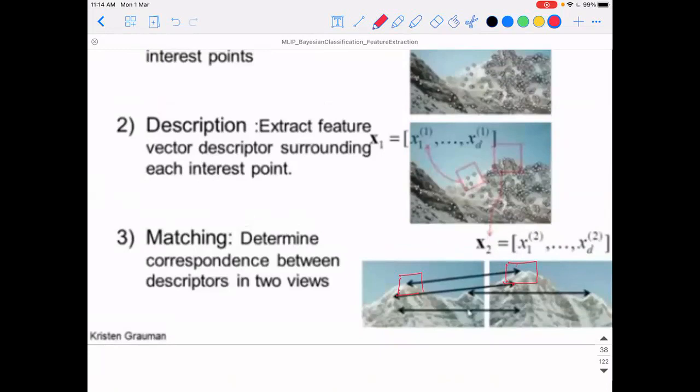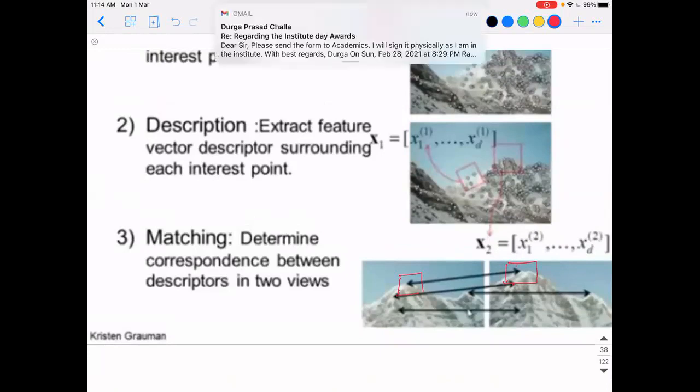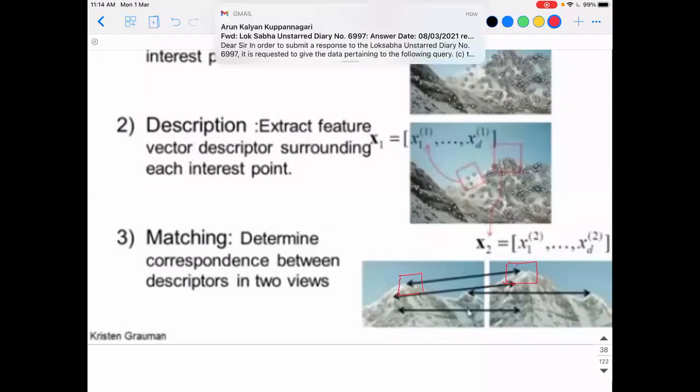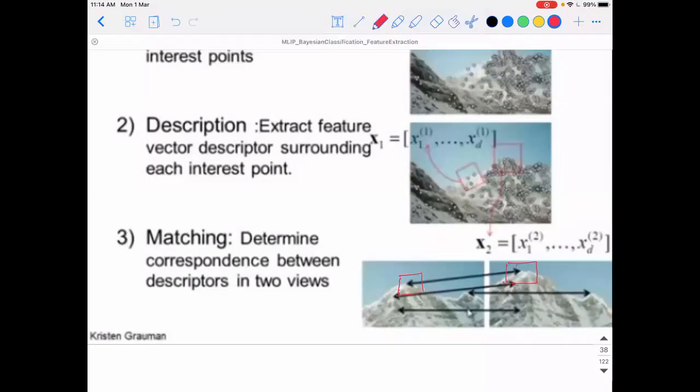What else? Instead of taking intensity directly, we can take the difference in intensity of adjacent pixels. Good. So let us take the gradient values. So you can take the gradient values and match. But even the gradient values may not be exactly the same if these two are across different scales, or if they are taken from different views.